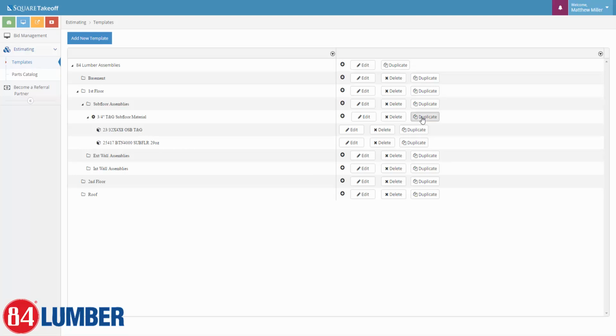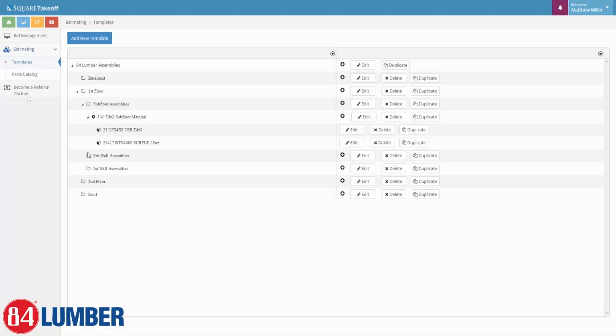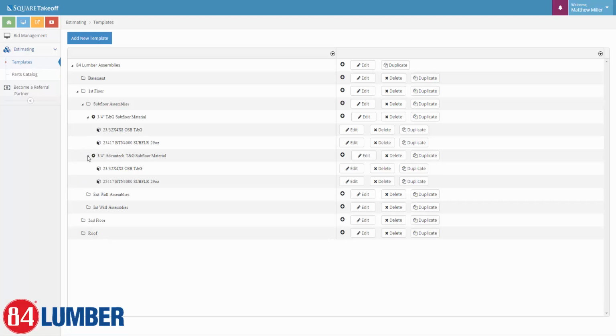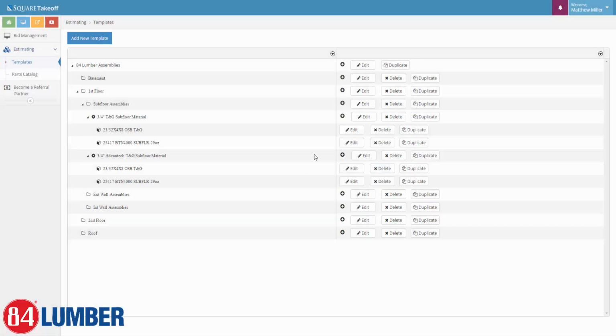If I select duplicate, that's going to recreate it. It's going to come in and say 3/4 inch, and I'm just going to type in Advantech tongue and groove subfloor. Select our different color maybe. Hit start. And what that will do is create it as a subcategory. So inside of here we can just delete this component out. Let's go ahead and delete this one out real quick,